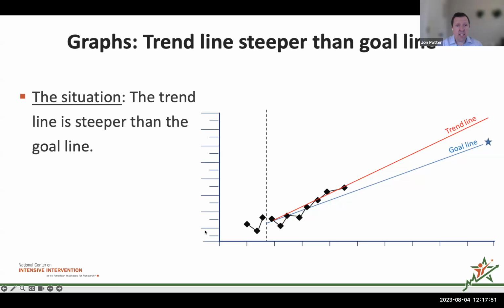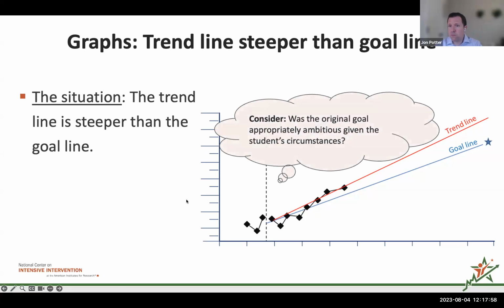What if the trend line is steeper than the goal line? So they're going up at a higher rate than the goal line. Like, this one, this is not a problem. This is what we want to see, right? We want to see kids increasing at a rate higher than the goal, assuming that the goal was appropriately ambitious. If we've got a low goal and they're exceeding it, we still want to maybe look at setting a higher